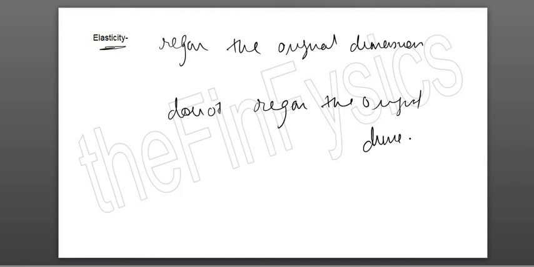Then the next part is about elasticity and Hooke's law. Okay, elastic objects are objects which will resist the change in shape, or if they undergo change in shape, they will regain the original dimensions. Okay, plastic objects do not regain the original dimensions. Where do we use this? When we are doing F versus X graph. Okay, that is Hooke's law.